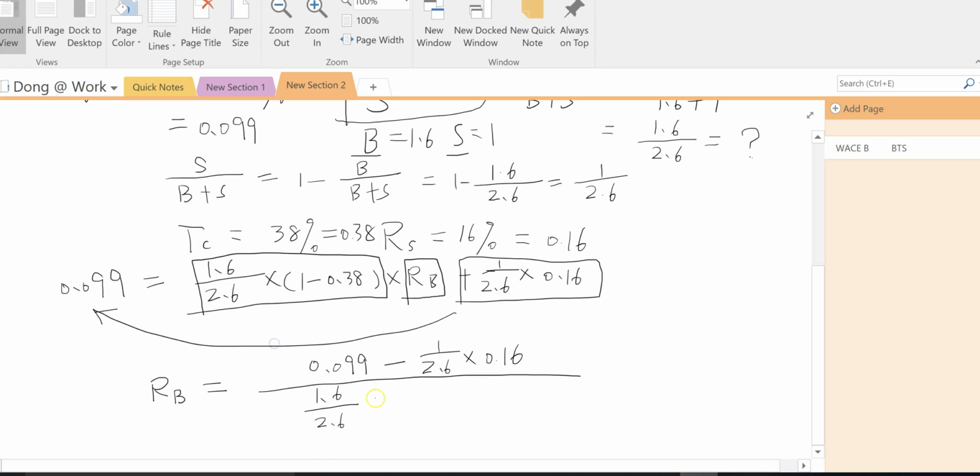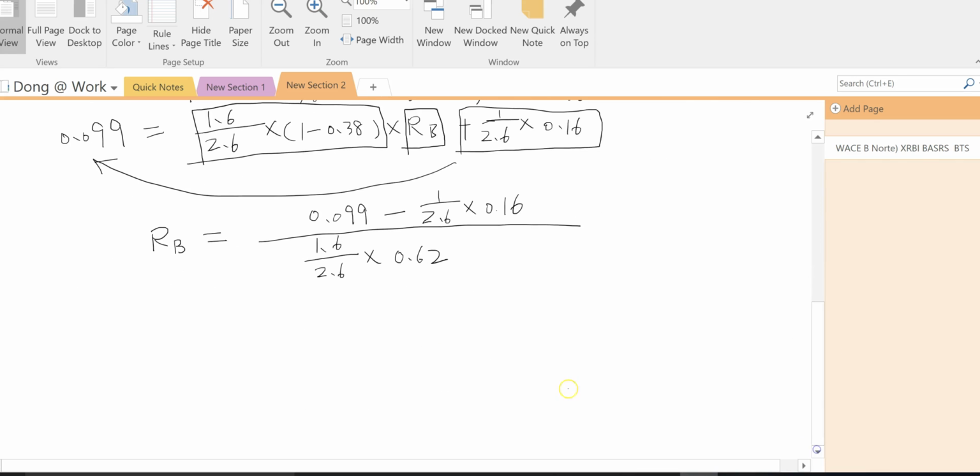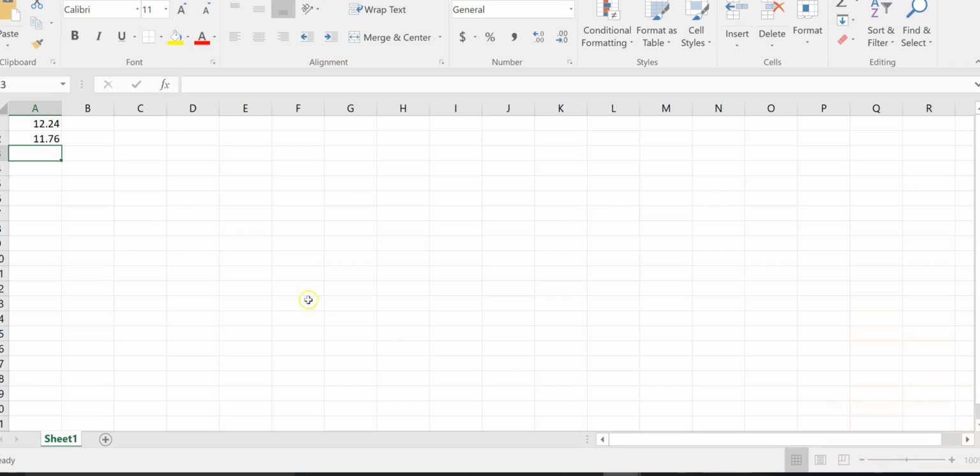1.6 over 2.6 times... So why don't I just directly calculate this number, 1 minus 0.38. So that's gonna be 0.62. Okay, so now let me pull out my calculator, or I can just use my Excel to get this number. So let me open a new sheet. So this will give me, okay, so